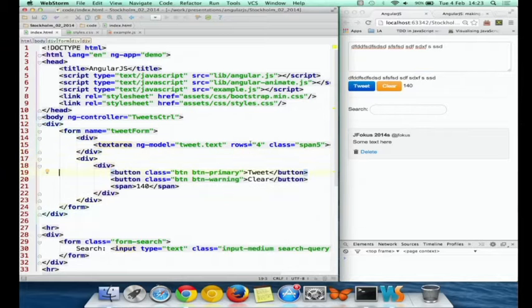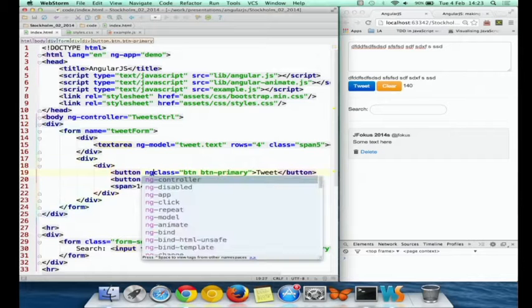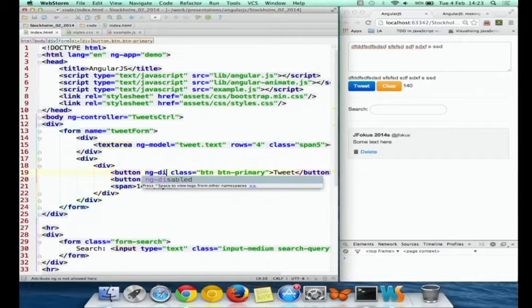We also saw how easy it is to disable some buttons, right? So we can do ng-disabled, because there is no need to have this tweet button enabled if there is no valid length.